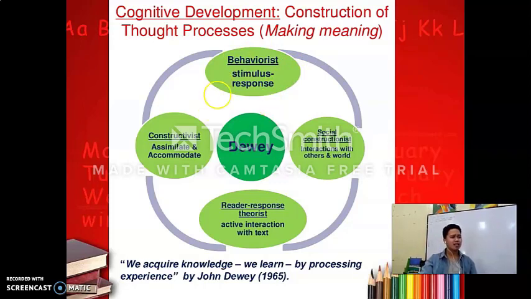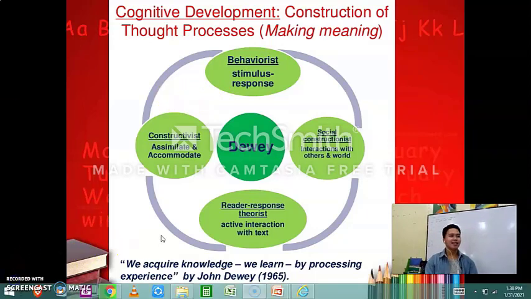Stimulus response is... so when we say stimulus response, for example, the stimulus is the question. When there is a question, there must be a response. So sabi nga sa science also, example daw, sabi ni Sir John, kapag nainitan ka, of course, your stimulus responds to a specific environment that it's so hot. So of course, ang gagawin mo, punta ka dun sa colder place para hindi ka mainitan.